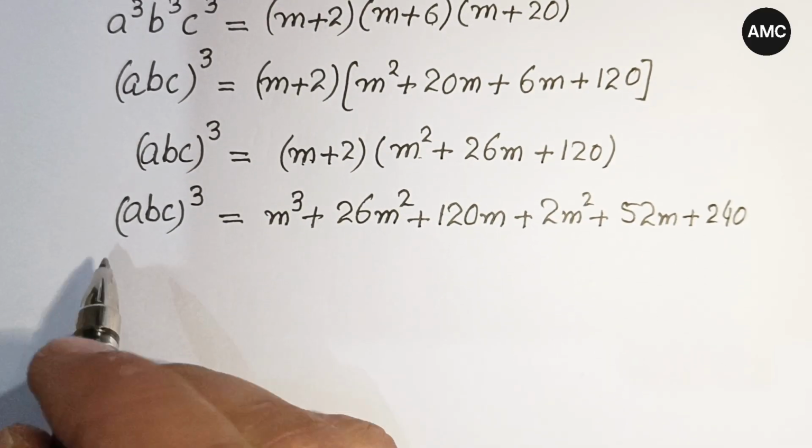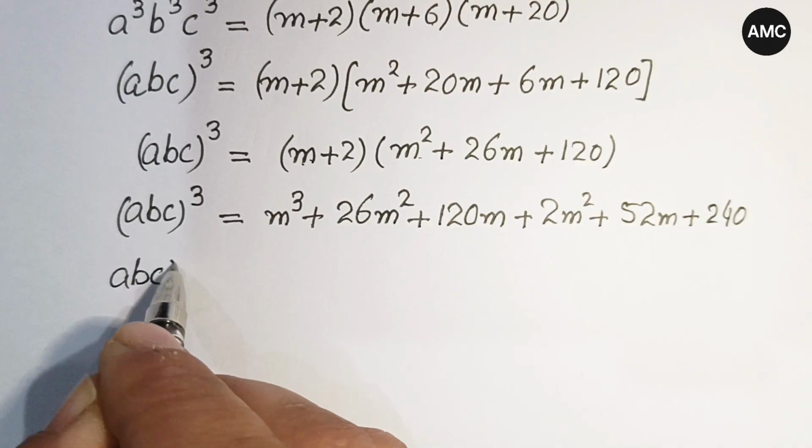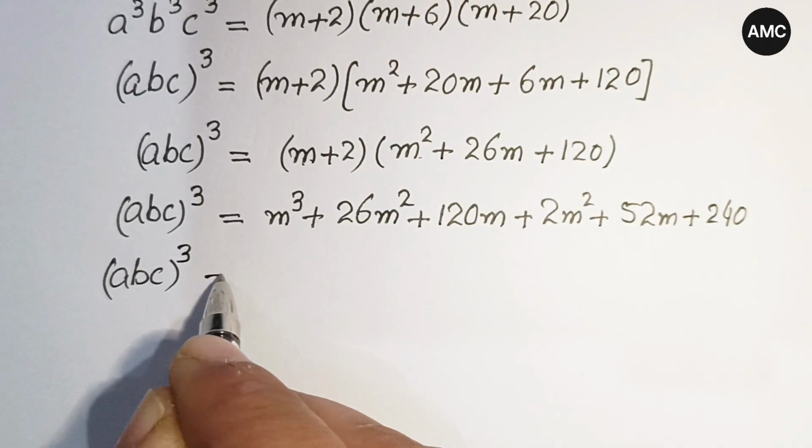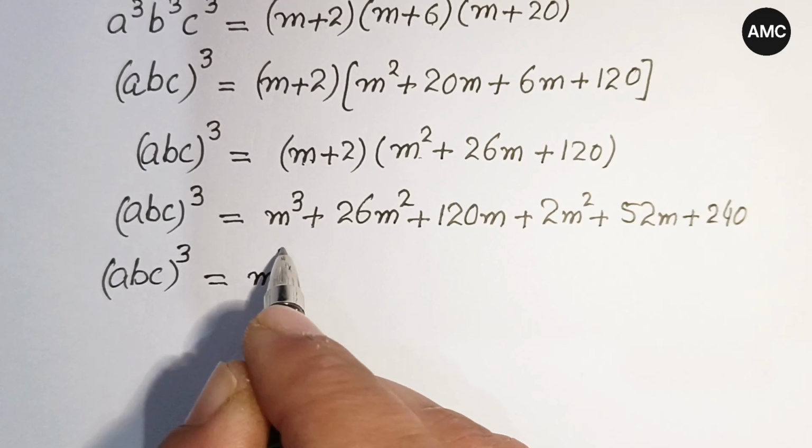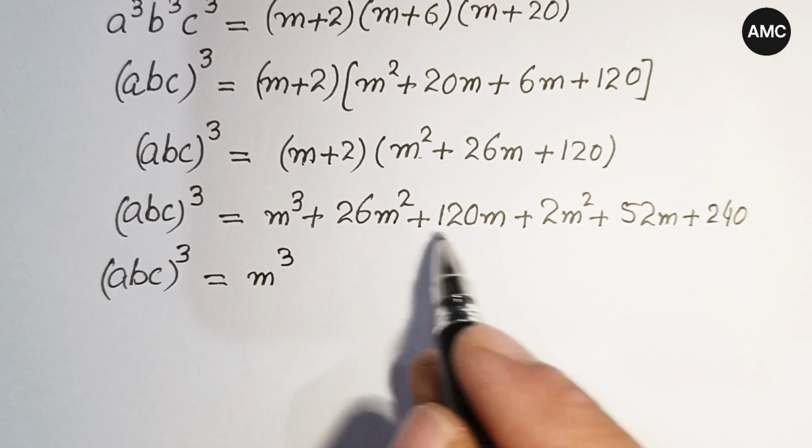Now a times b times c whole cubed is equal to, here we have m cubed plus 26m squared plus 2m squared, we get plus 28m squared,